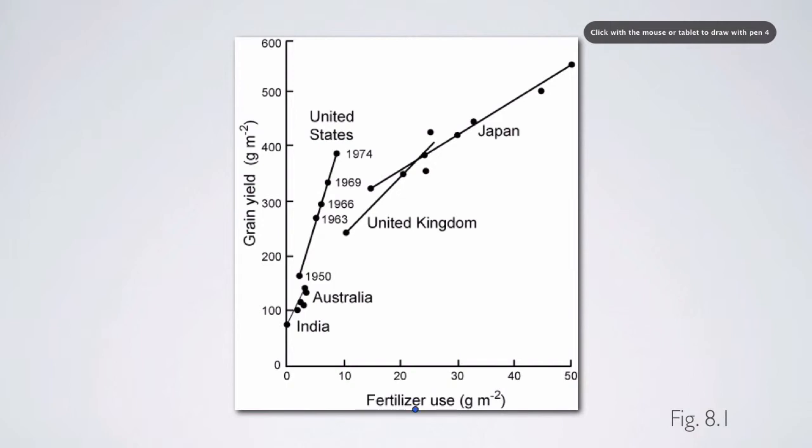Now this fertilizer use here is shown in grams per meter squared, and actually within the US, even for a cornfield, it's hard to get above 20 grams per meter squared. And so these rates of addition above 20 grams per meter squared are extremely high. Still, what this shows is that there are different amounts of fertilizer being used, at least when this paper was written in 1980, among the different parts of the world